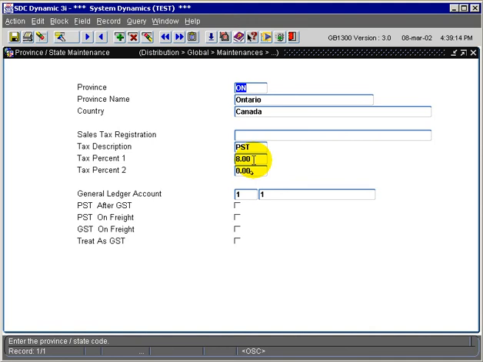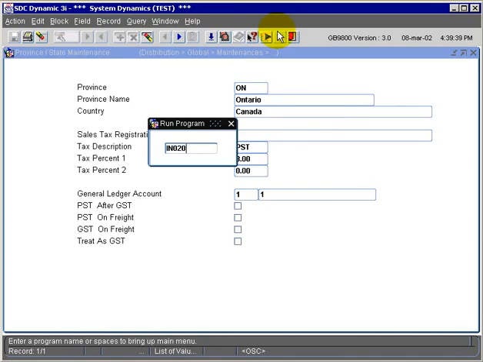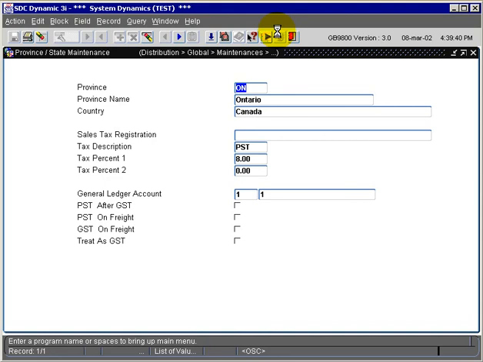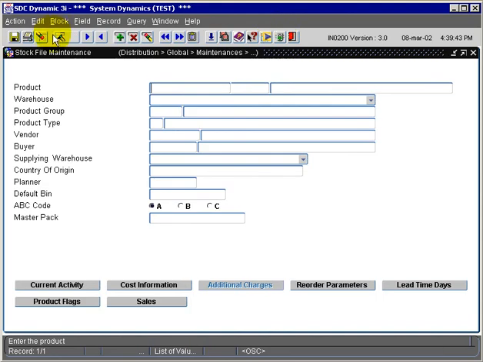Now, if you're using a state or a province that has a two-tier tax system, you would enter the second tax rate at this point in the tax percent number 2. Probably in most situations there's only one tax rate applicable in the jurisdictions, so you'd only have the tax percent 1 populated. I'm going to quickly fast track into stock file maintenance and show an example of how the